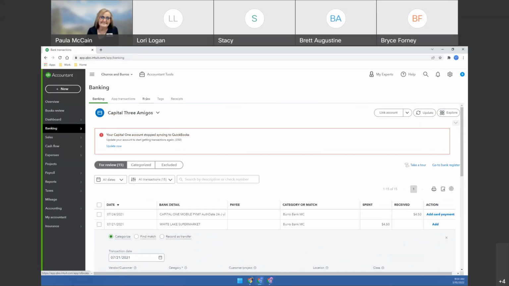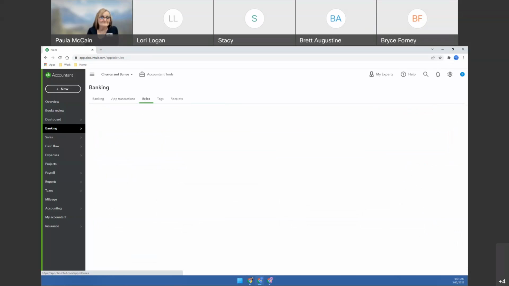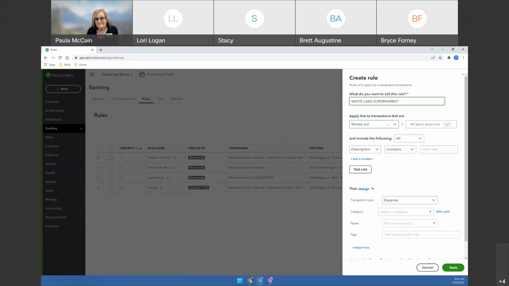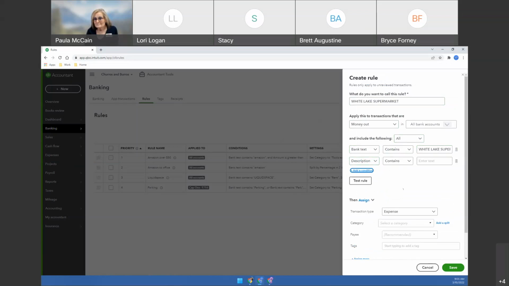So we're going to set up a rule to say, really, every time we see this vendor, we want it to apply to supplies, and we want it to automatically add. So we're going to create a rule. We're going to call it the vendor name. It's for money out transactions, all bank accounts. And we're going to apply all of the conditions, but this time we're going to do not only bank text to make sure that it contains the bank text of this particular vendor,